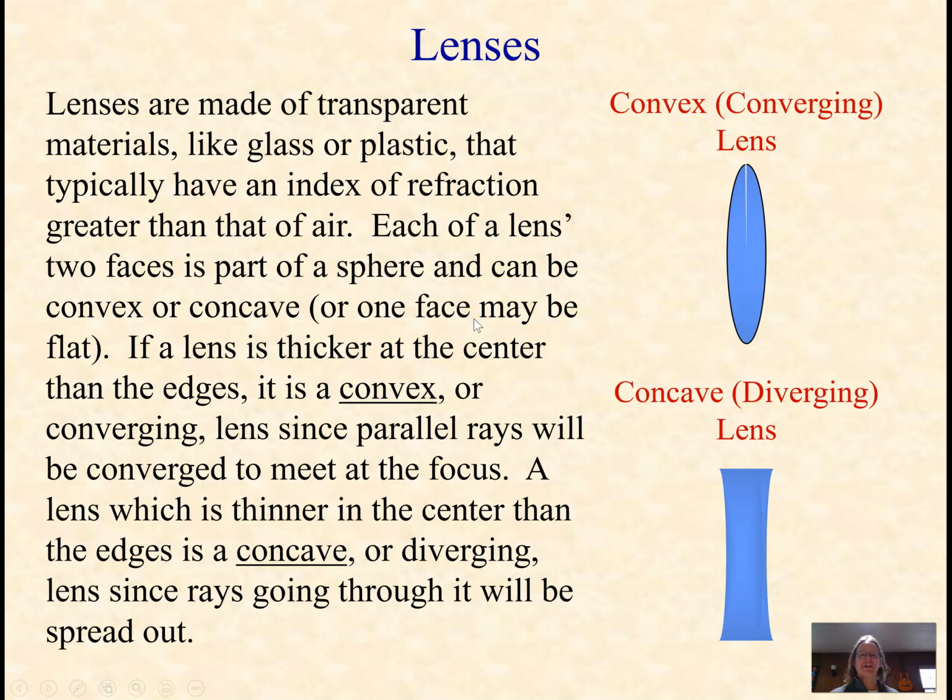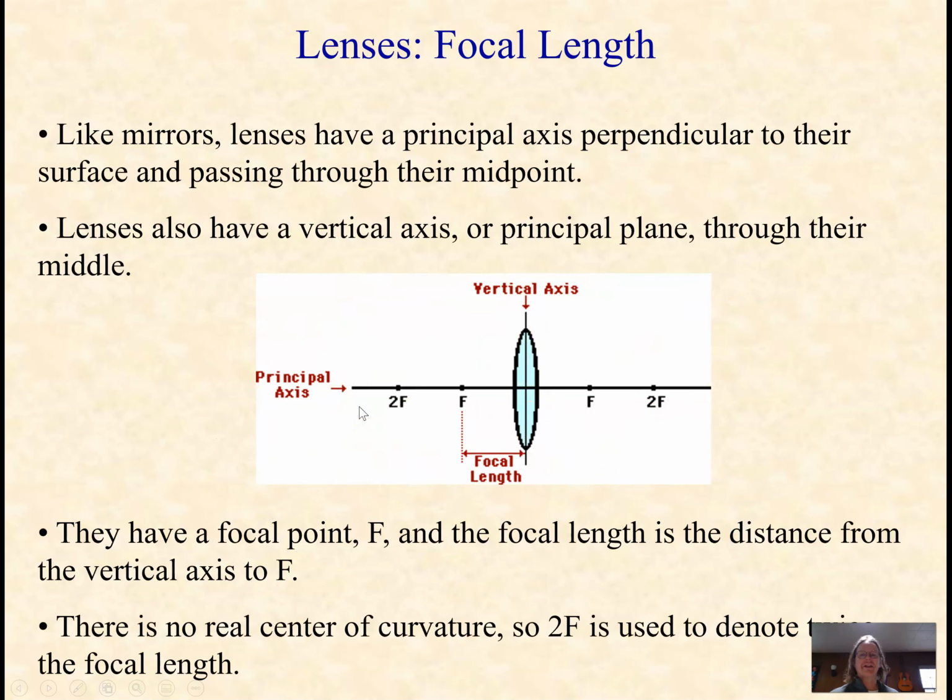Alrighty, let's get started here. A couple things. Special name for this thing in the middle called a principal axis. There's your vertical axis right through the converging lens in this case. Yes, it's convex. And this is the focal length, the point where light would focus if light was coming from